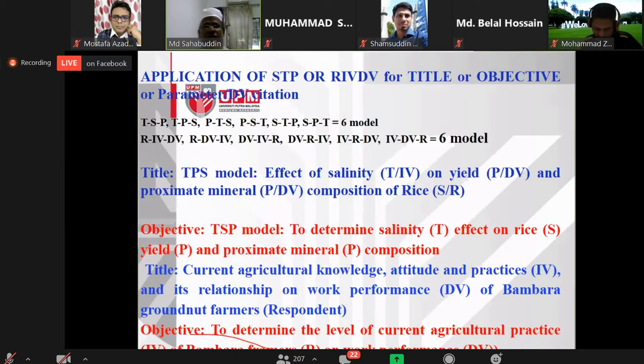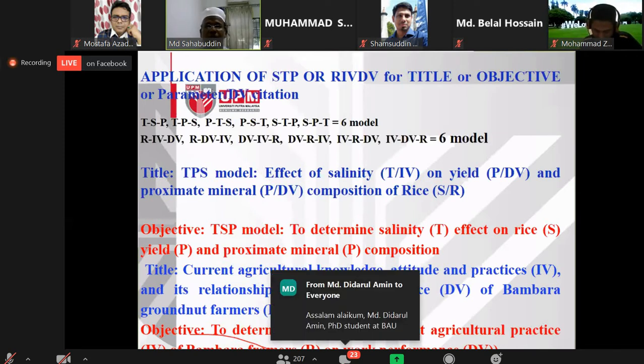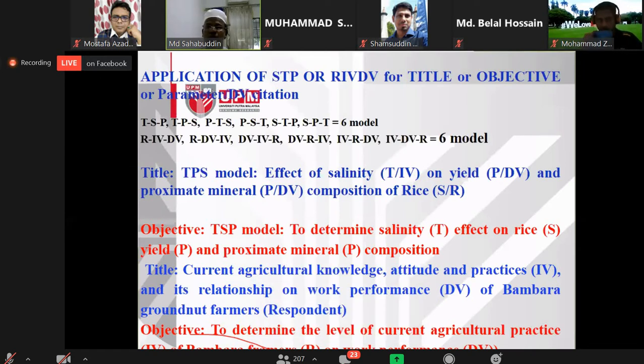Now here you see the 6 models: TSP, TPS, the RIV DV 6 models. When you write the title or objective, you don't need to follow the same sequence. We can use any of the 6.